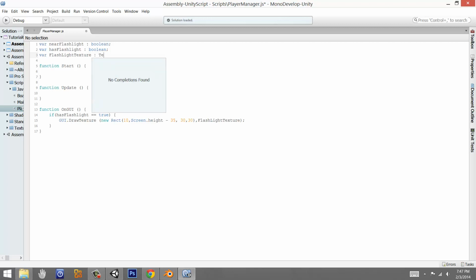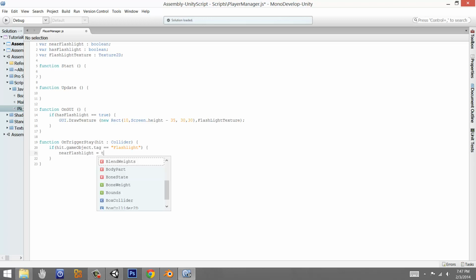and that's going to be Texture2D. It's been a while since I used the texture GUI thing. Anyways, new function OnTriggerStay. Hit collider, if hit dot gameObject dot tag is equal to flashlight, then near flashlight is equal to true,